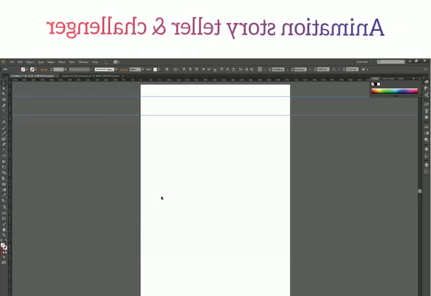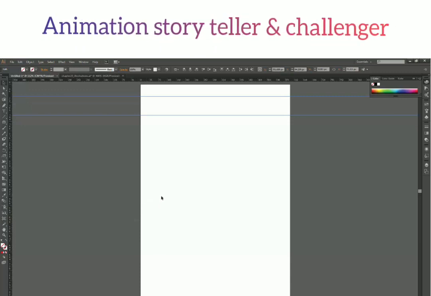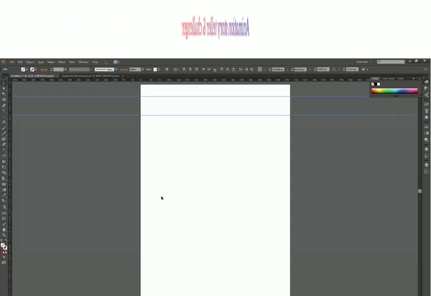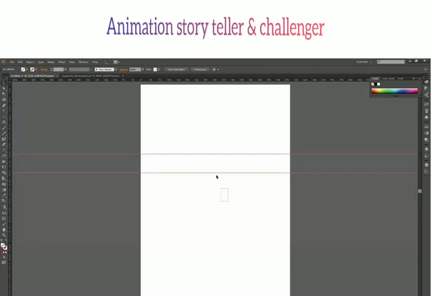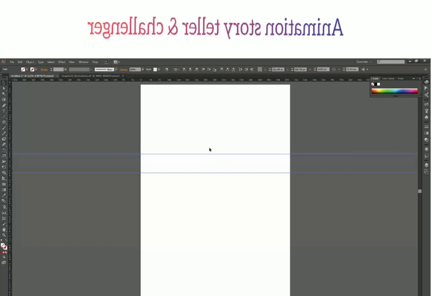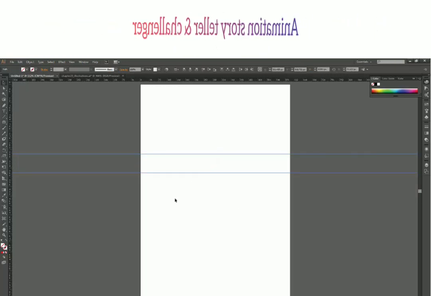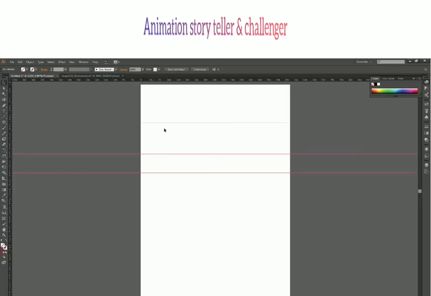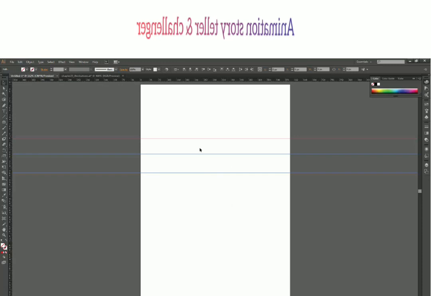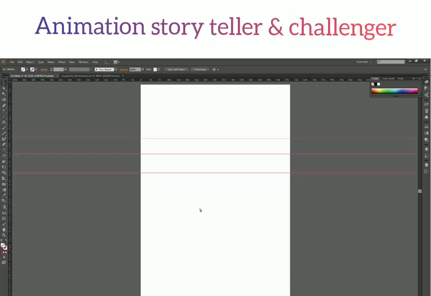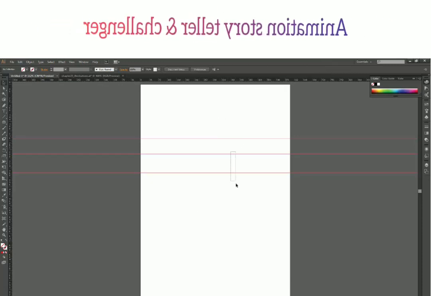So here is where it gets confusing, because if you are using two options at a time, let's say what I just did actually, I locked it from here by pressing Ctrl 2. I selected these two guides, and actually let me take one more guide so it will be much more clear to you guys. So I selected these two guides and pressed Ctrl 2, and these two guides are locked now.